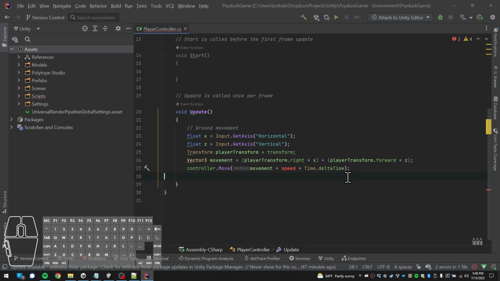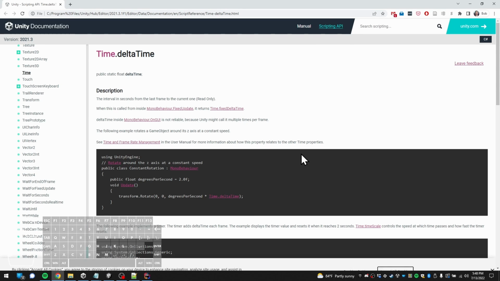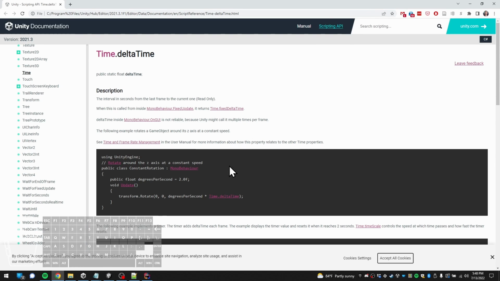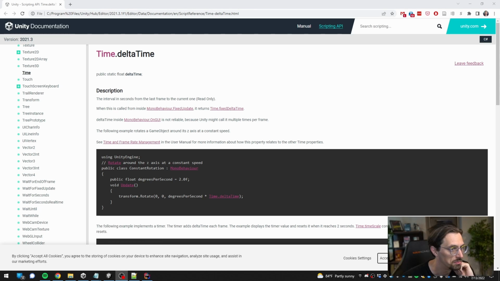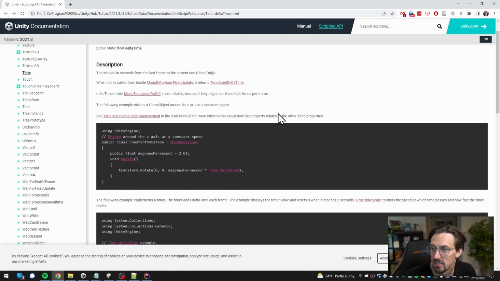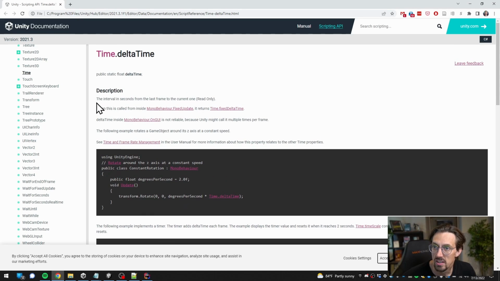So why am I doing that? Well, let me open up the page on DeltaTime. So I'm just pressing F1 so I can see it. And with DeltaTime, actually, let me remove the interface for a second. With delta time, it will give you the interval in seconds from the last frame to the current frame. So this is actually super helpful because if you're running your game on different computers, I'm sure